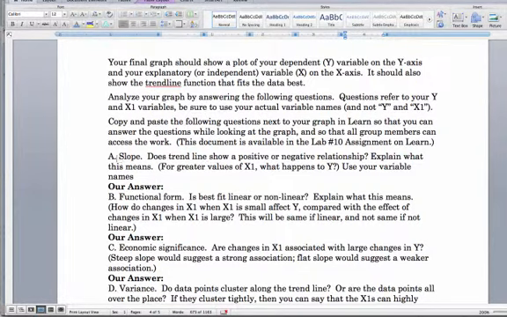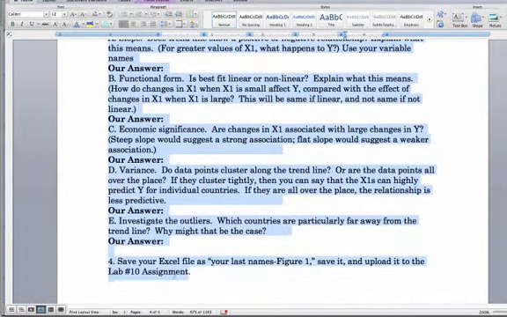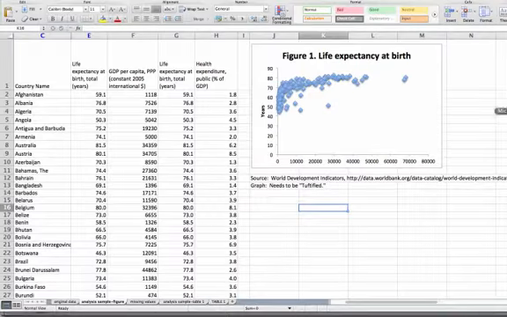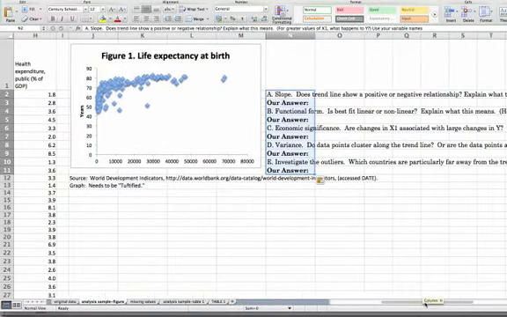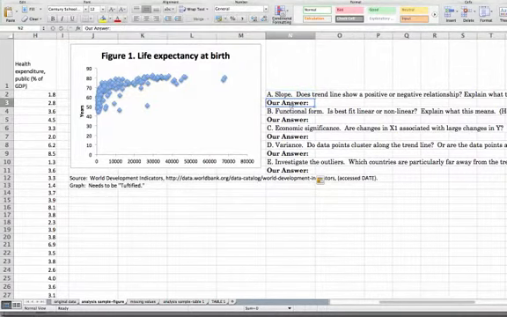So what are we expecting you to do? I want you to copy these questions and then paste them into the Excel file. I'm going to put them here. Okay, so here's the graph, and as you're looking at it with your group, let's see what this question says. It says, does trend line show a positive or negative relationship? Explain what this means. Okay, so your answer might be something like